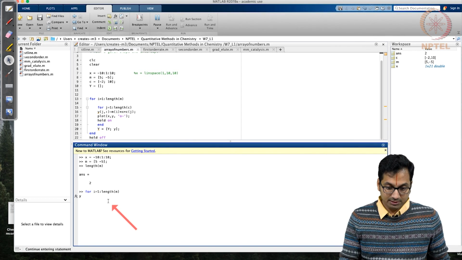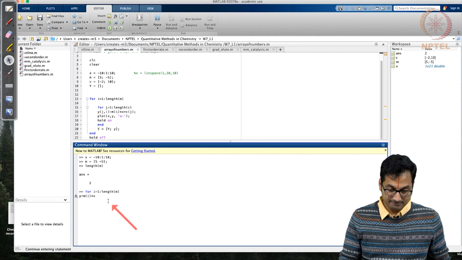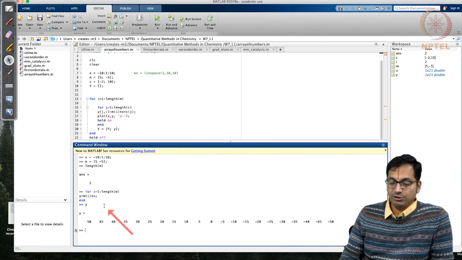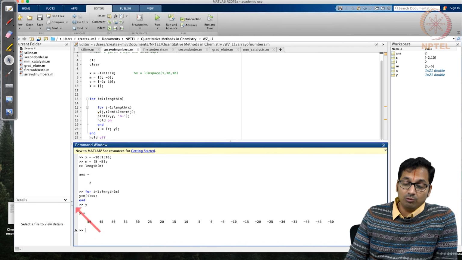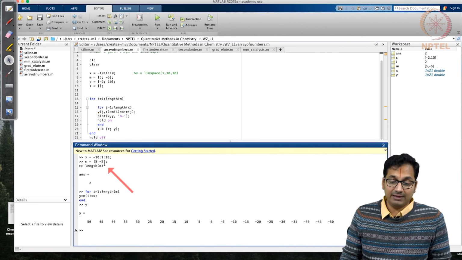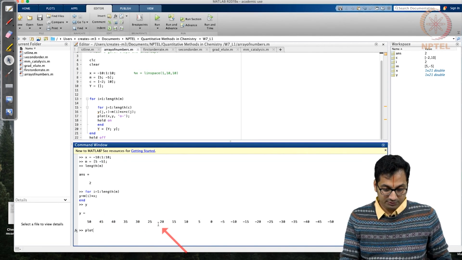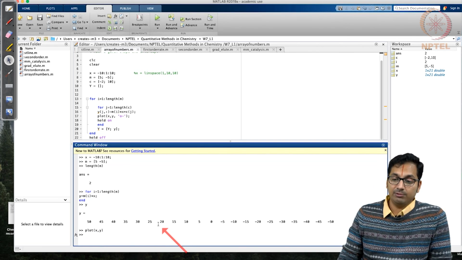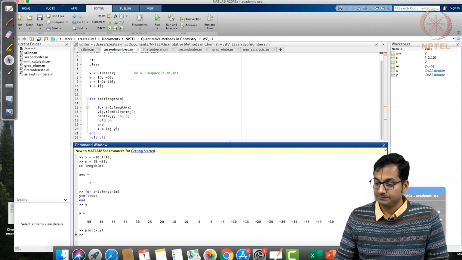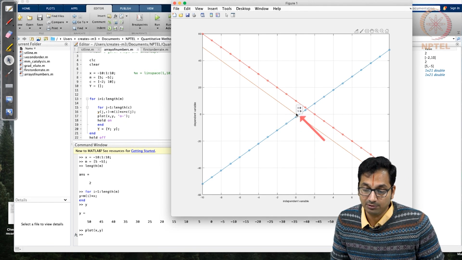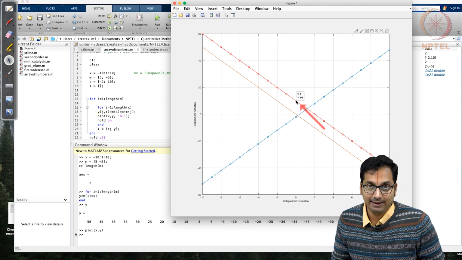give me y is equal to m of I star x. So now if you say y, you are able to realize that y has been computed 2 times probably, and the second variable has a slope of minus 5, so the values will keep reducing. When you say plot x comma y, you will be able to see the second plot that has come up. Okay, that is a new line that has come up. It's parallel to this because we have not set an intercept, which is why it passes through 0 comma 0, while in the previous case it passed through 0 comma 10, right.